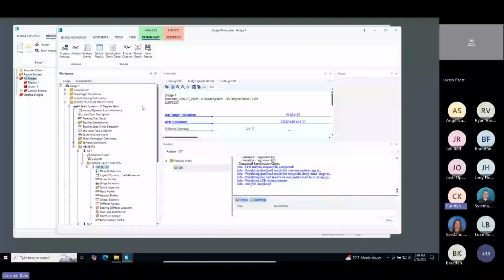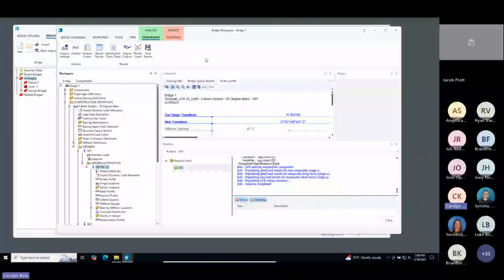All right. So I think the other thing to cover now is, like I said, we imported this bridge as a template. But when we first imported it, we changed the name, we got rid of the superstructure definitions that didn't apply, and then updated it to reflect that real bridge. So now this bridge model is the bridge model. And once you've done all of your QA and checking and you're happy with the model, you're going to want to be able to export that model and send it to your agency,